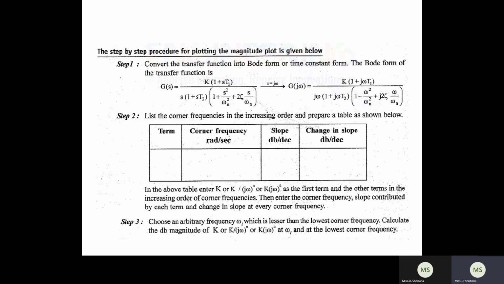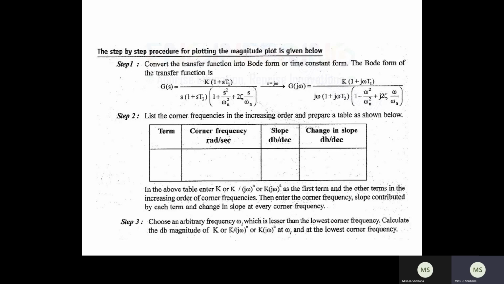So here you should know how to write the corner frequencies. Corner frequencies will be obtained by looking into the transfer function. In the transfer function, the 1 plus j term will be available. In that, the j omega coefficient will be taken, and the reciprocal of that term will be given as the corner frequency. So the corner frequency will be written by taking the j omega coefficient's reciprocal. That value will always be considered in ascending order.